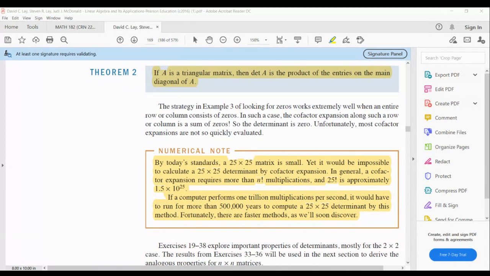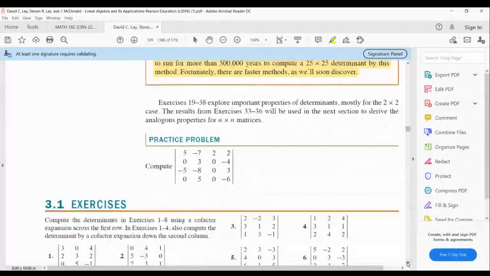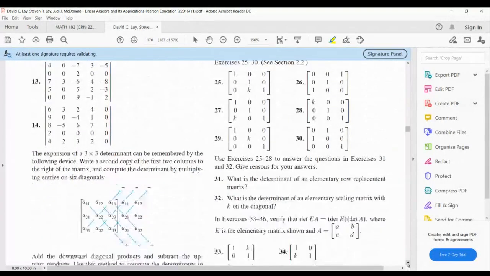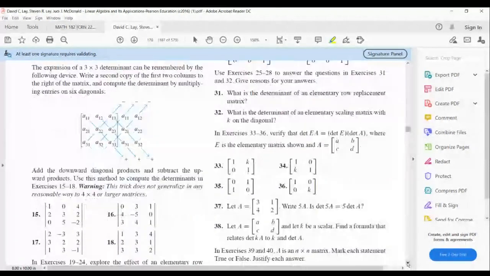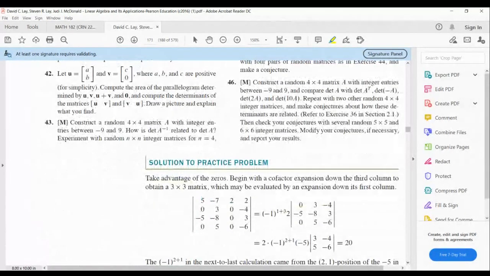So we'll move into section 3.2. We need a faster way to compute these determinants. So that's what section 3.2 is about. Let me stop the recording on this since we're going